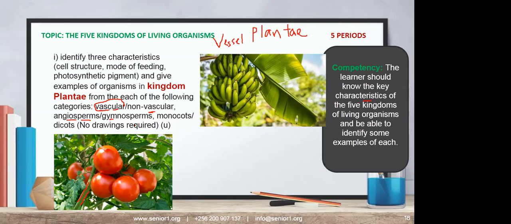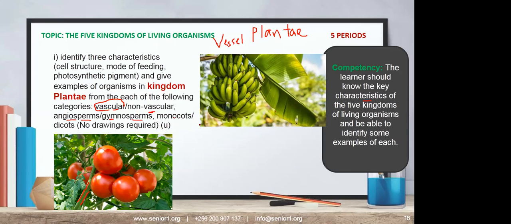So we shall be able to understand all those plants and even how we group them. We also have classes in plants. Joe is saying that, sir, I have a mango tree flower. Hey, you see, Joe even has the mango tree flower. So actually, we shall be getting those pictures so that we can even see them.